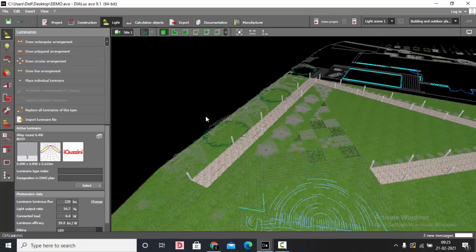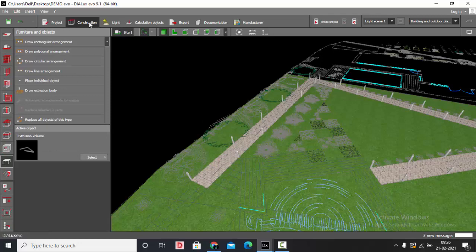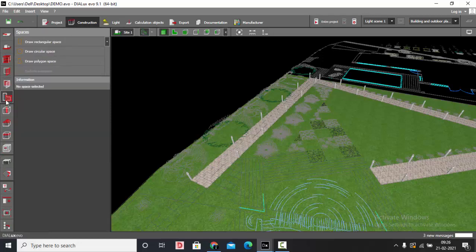I have done with the construction and the placement of luminaires. Next, the very important step is the utilization profile. So, for that one, go to the construction, spaces. Here I have rectangular space, circular, and the polygonal.